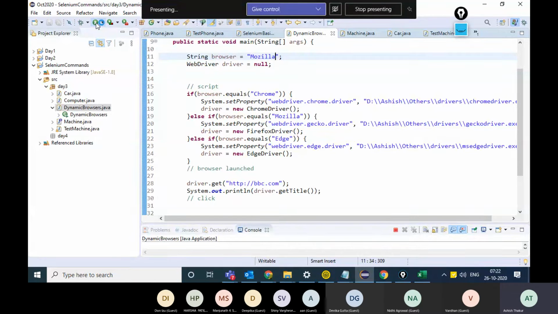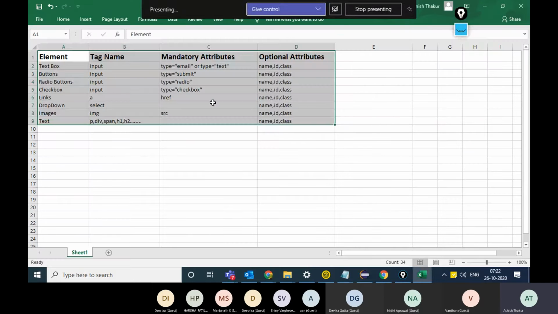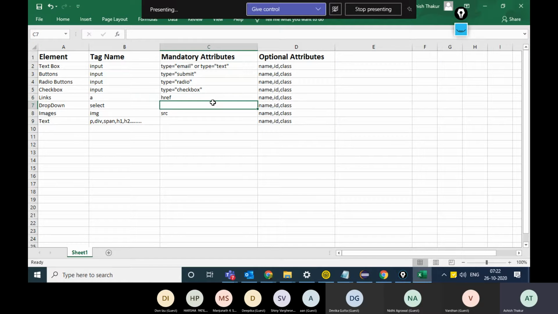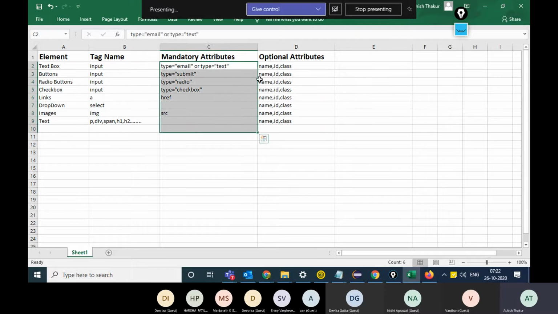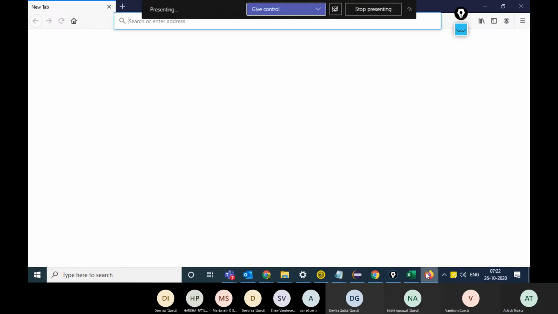Mozilla has got its own inspector. I prefer to use Chrome. It's quite lightweight and it's got a lot of features. If you investigate the same web page on any browser, you will have the same source code and you will get the same tags and same mandatory and optional attributes for the elements.